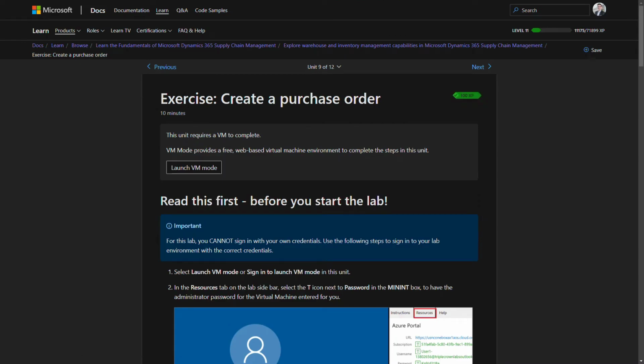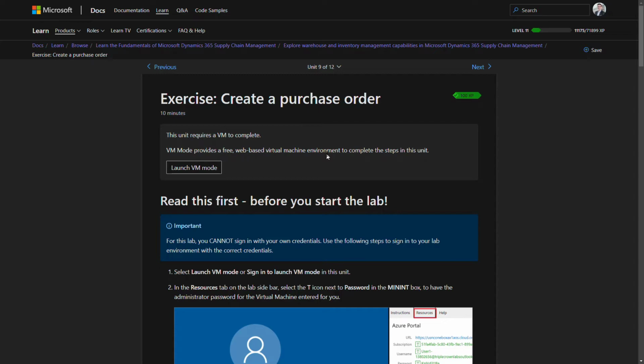But here's now the interesting thing. You also have the possibility to actually do some hands-on exercises. And the good thing is you don't need to go into your own environment and try to set something up, but rather you can use a virtual machine to complete it. And that virtual machine is accessible directly here in the browser, directly when you're in that module. And that's really awesome. You don't need to set up your own Dynamics 365 instance, subscribe to it,